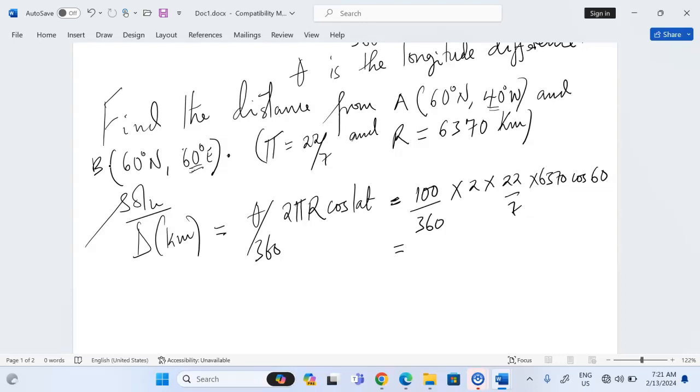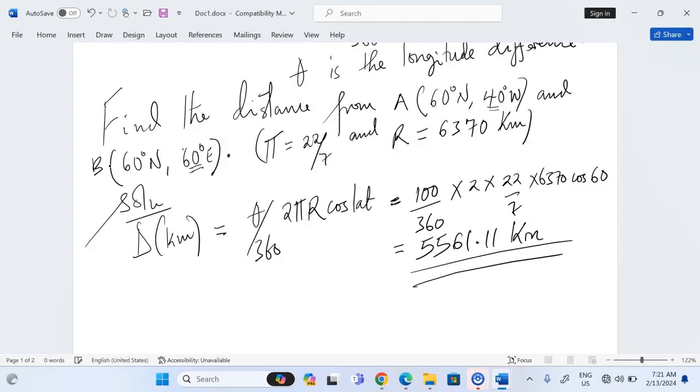So now we can compute. We use a calculator. We have 100 by 2 by 22 by 6370 by the cosine of 60 divided by 360 by 7. This is going to give me 5561.11